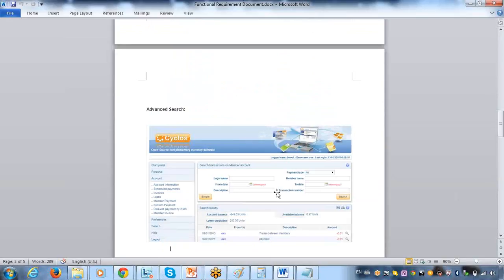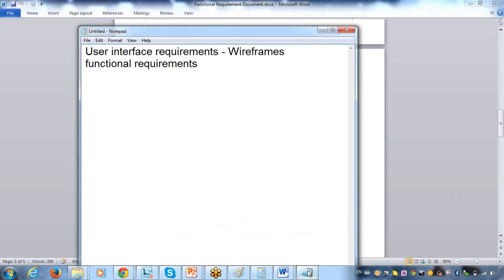See, something like this. They will provide your wireframes. So whenever you get your requirement document,